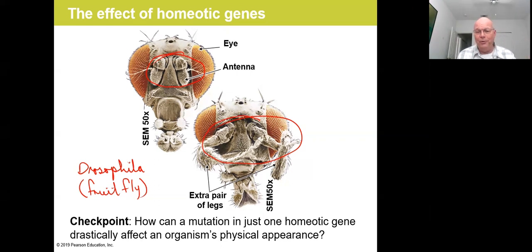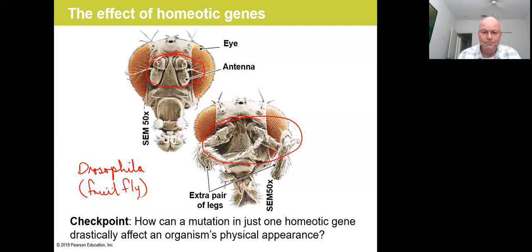If you wait that 24-hour period, however, in that 24-hour period, the cells in the disc finally get the instruction, well, you're going to become leg cells. And so their fate is determined. So when you transfer them up to where the antennae ought to be, because they've already received the instructions to become leg cells, they follow those instructions, even though they're now sitting where there should be antennae. Their fate has been determined, and they grow into leg cells, components